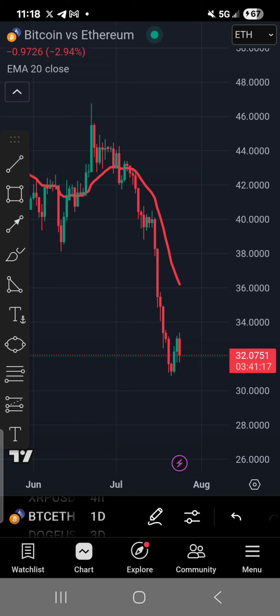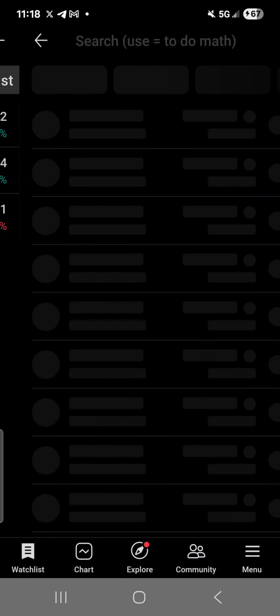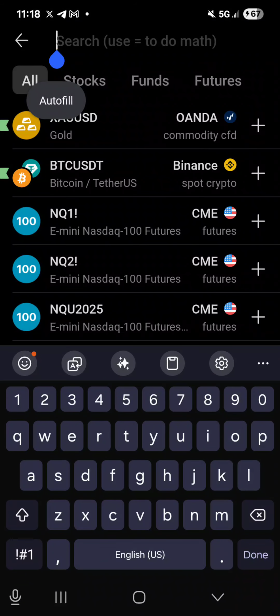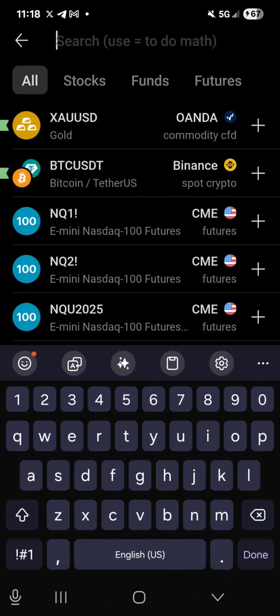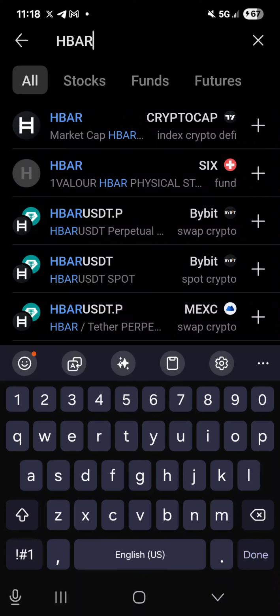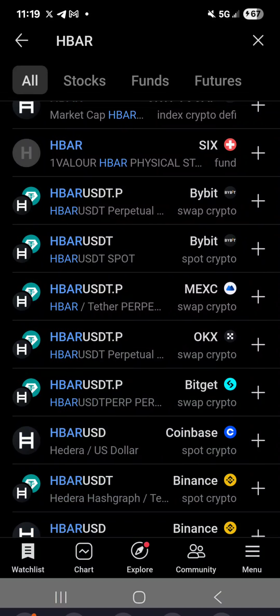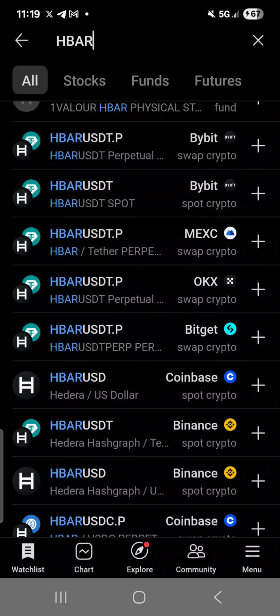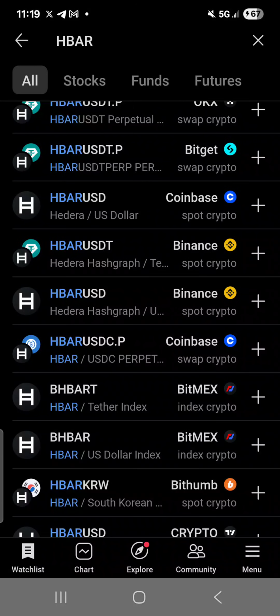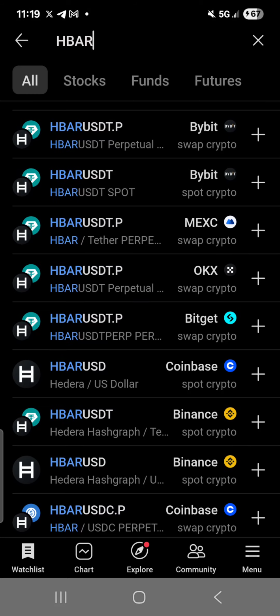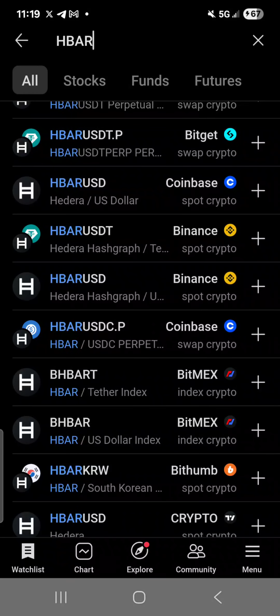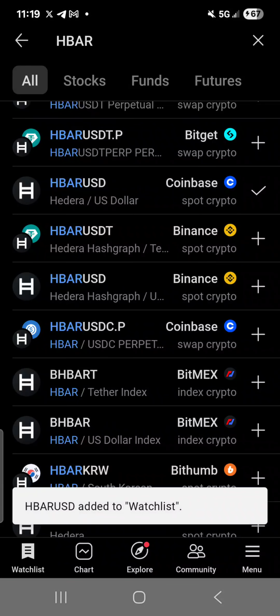Yes, it'll take 7 minutes to set up, and then you'll never have to touch it again. Then you go to your watch list and click add, and you can add the Dow, you can add HBAR. For the cryptos, you'll want to find HBAR to USD instead of this one, which shows its market cap. So you want to stick with the Coinbase spot cryptos, HBAR USD,